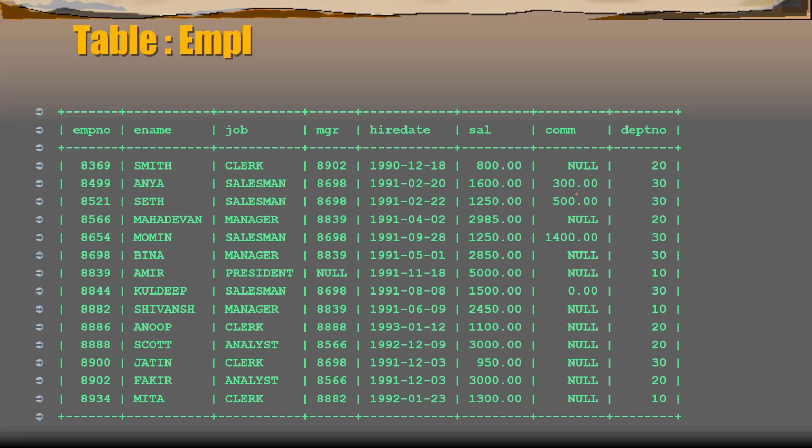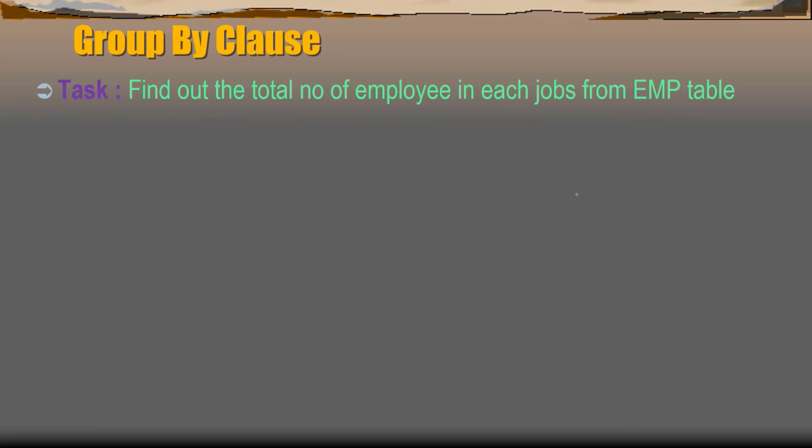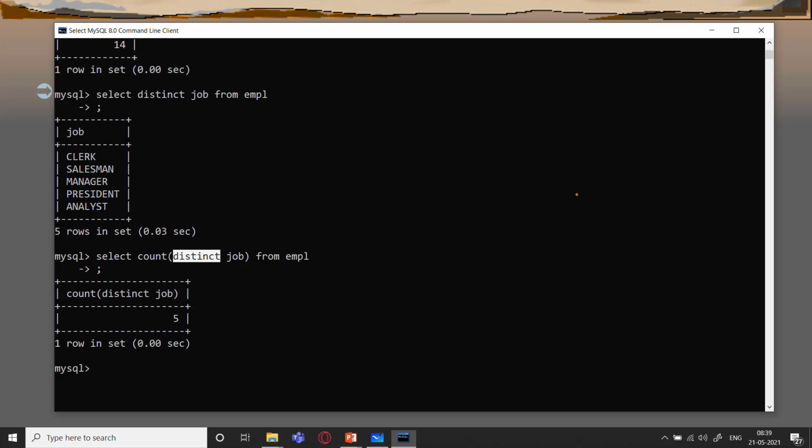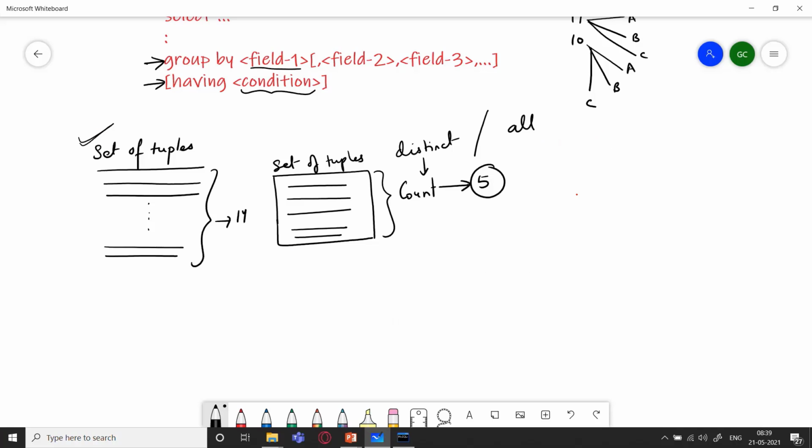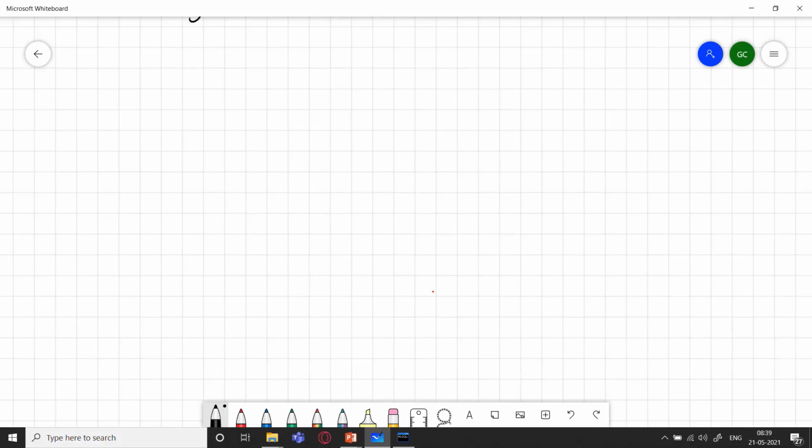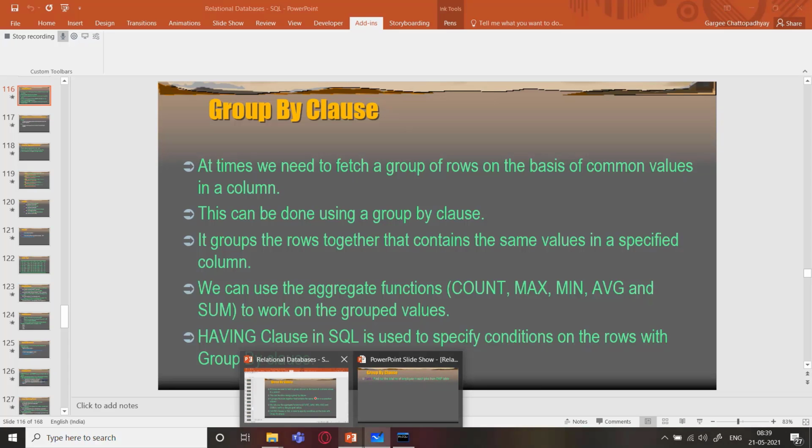Now we are working on this table, so we will be seeing some other examples. Find out the total number of employees in each job from the EMP table. That is, I want to know the total number of employees in each job that is working on each of the posts. So how will I be doing that?